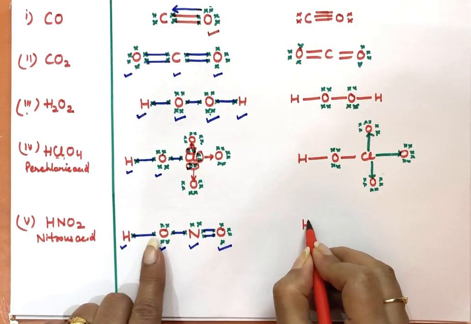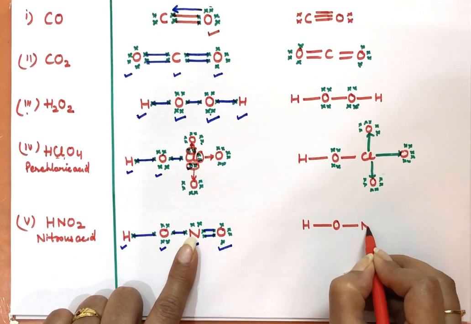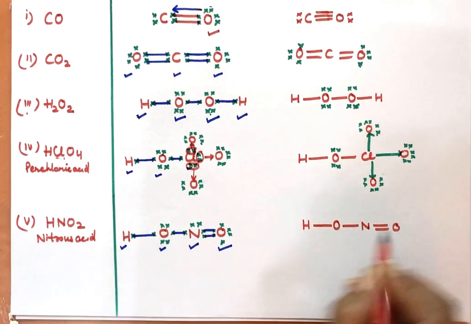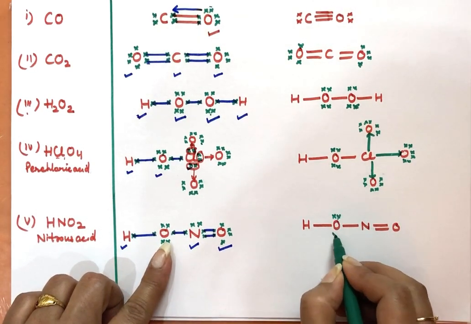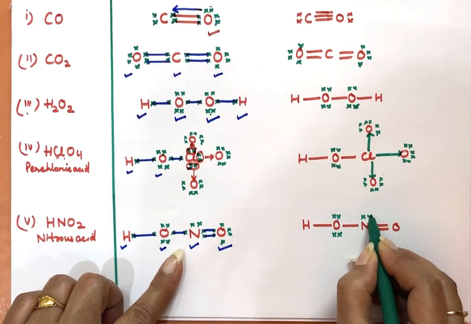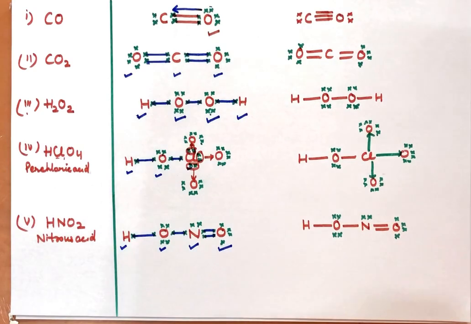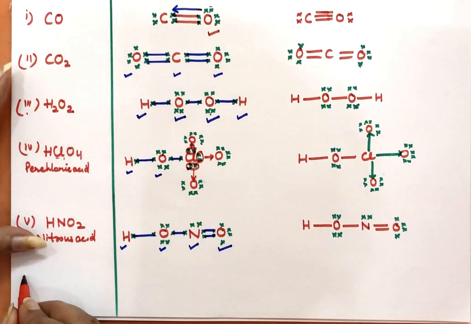So hydrogen combines with oxygen by a single bond, oxygen combines with nitrogen by a single bond, and nitrogen combines with oxygen by a double bond. So now in this way, lone pairs of electrons are left on oxygen, nitrogen, and this oxygen atom. This is the Lewis structure of HNO2. Next example after this we can take of the